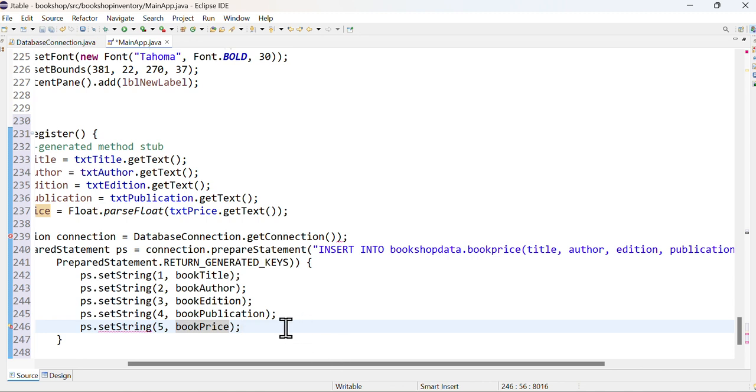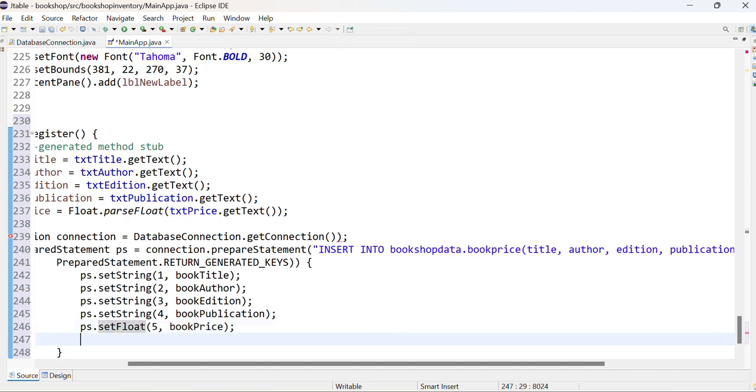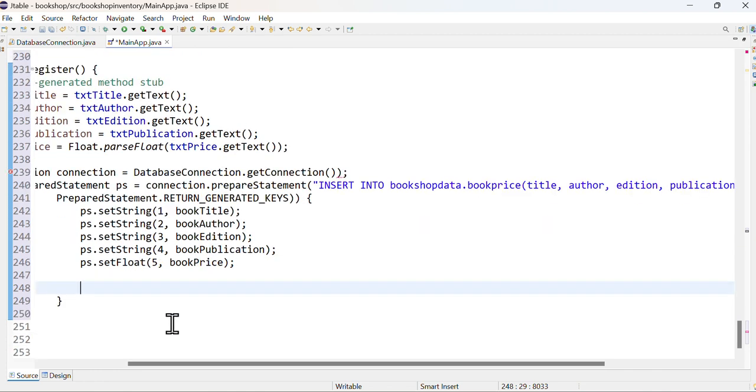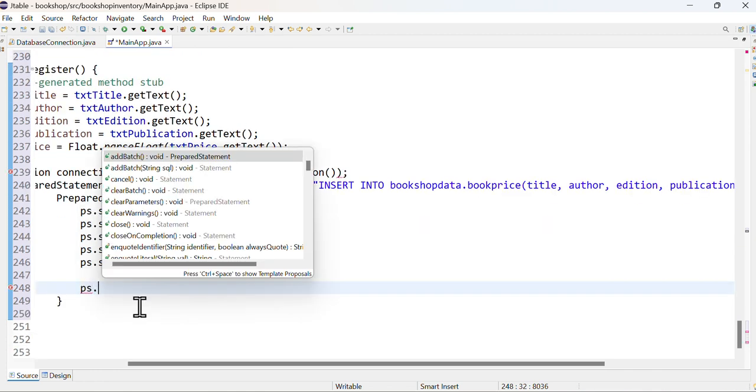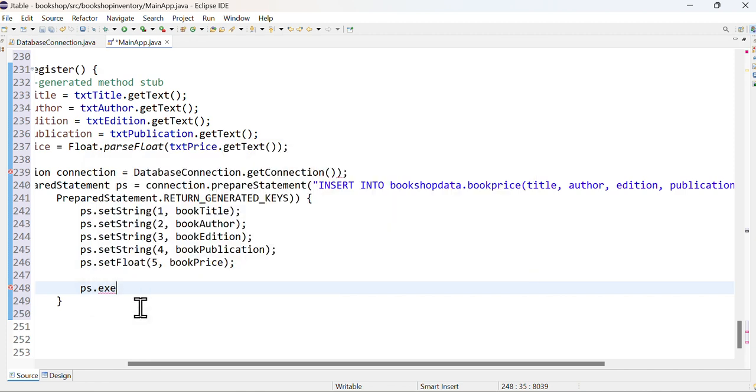Oops, book price, I forgot. So as you can see, this one gets an error because the price is not a string, so this is set to float. Okay, now after that we will execute this prepared statement, type ps execute, and then semicolon. But before we continue,